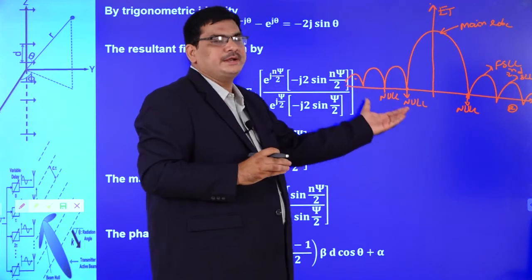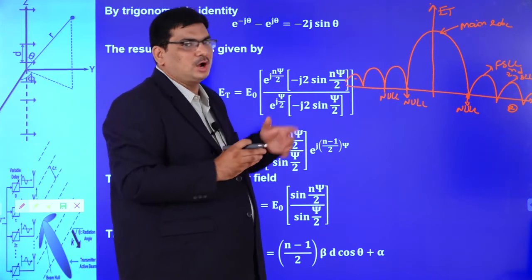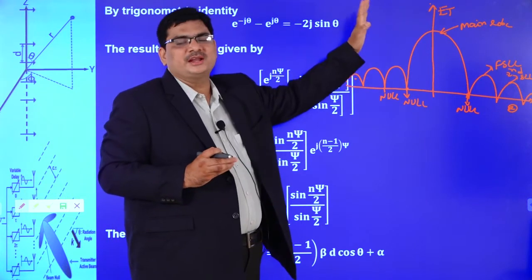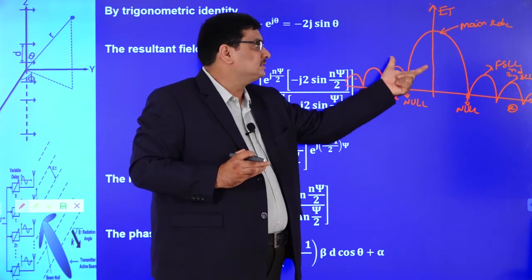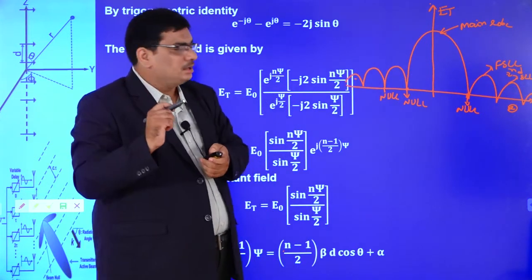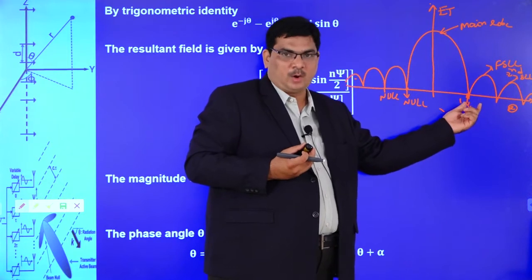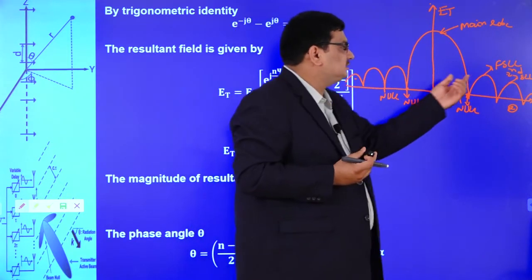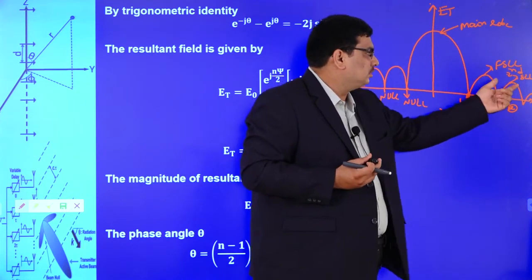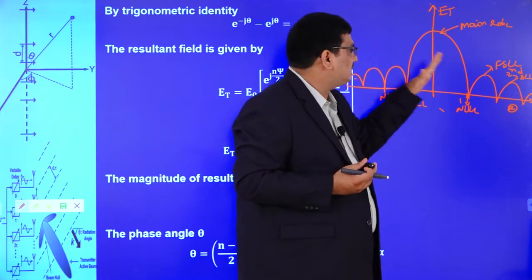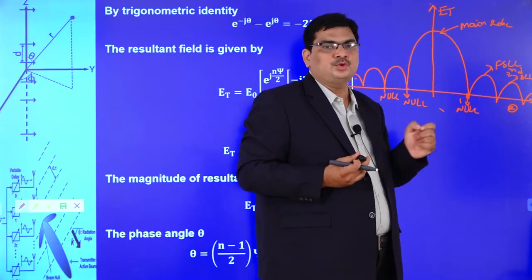From this radiation pattern, what we have to decide is in which direction your orientation is there, and if in that direction your excitation is there, what is the directivity and gain of your antenna. You have to find out where you are getting the null points, and what the side lobe levels are, that means the level of your side lobe, and also the second side lobe level. Like that, all the subsidiary maxima, that is side lobe levels, we have to find out.